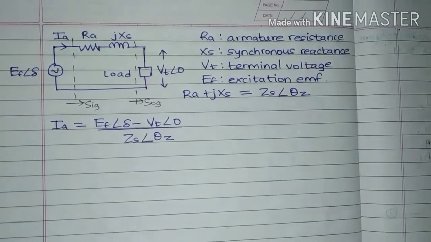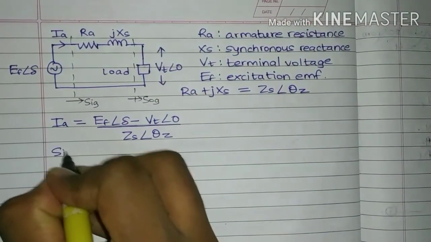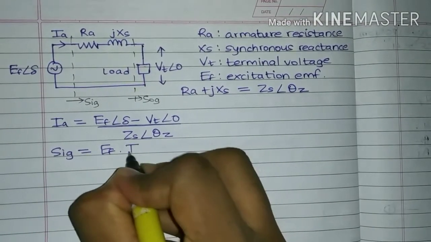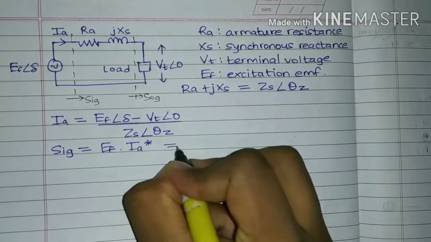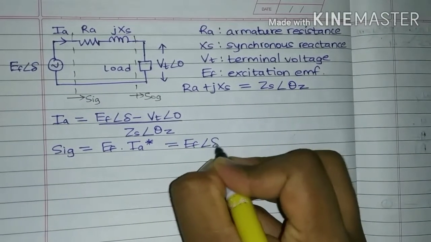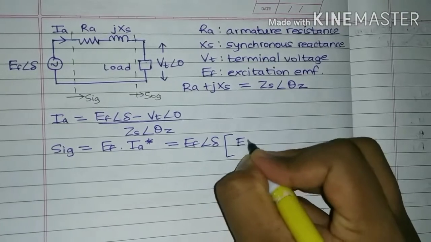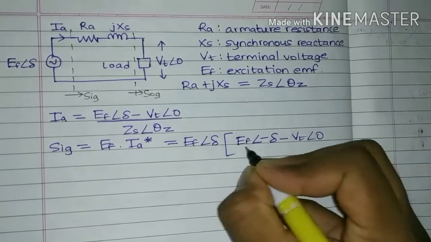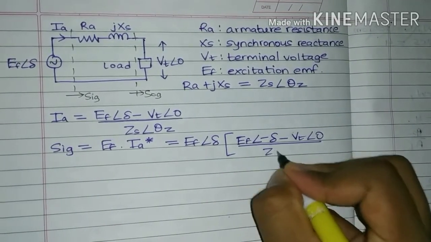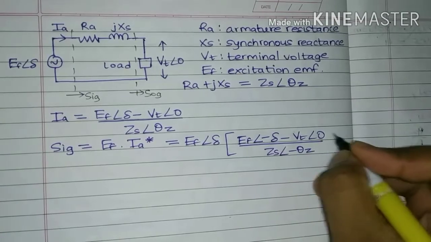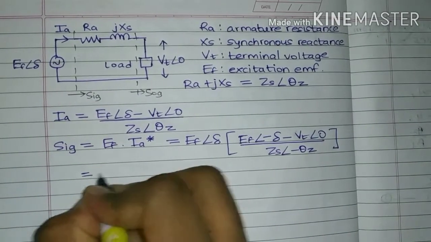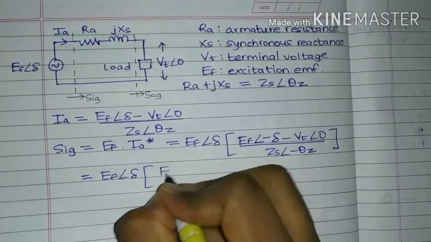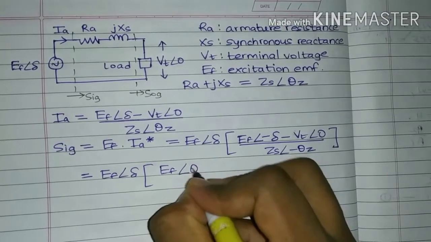But we know that the apparent input power will be SIG is equal to EF into IA conjugate. Apparent power is always voltage into current conjugate. So SIG is equal to EF angle δ into EF angle minus δ, since we are taking its conjugate, minus VT angle 0 divided by ZS angle minus θZ, since it is conjugate of the current. Hence SIG is equal to EF angle δ into EF angle θZ minus δ